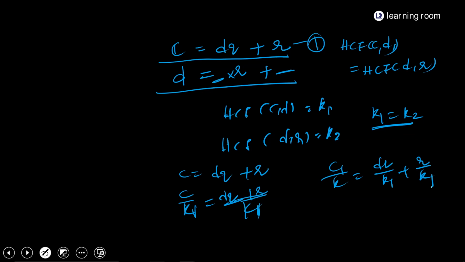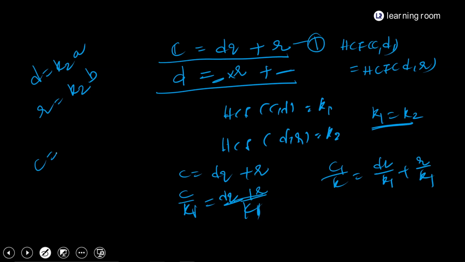So now let's say we are taking K2. K2 is the HCF of D comma R. So then we can express D as K2 into A, some factor, right? R as K2 into some B, right? So now you substitute this D and R in equation 1. So then what will it be? C is equal to,